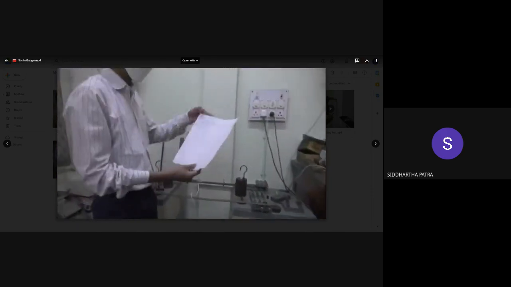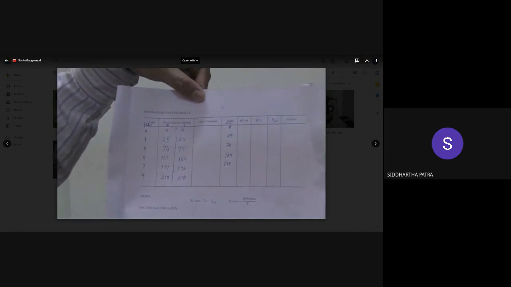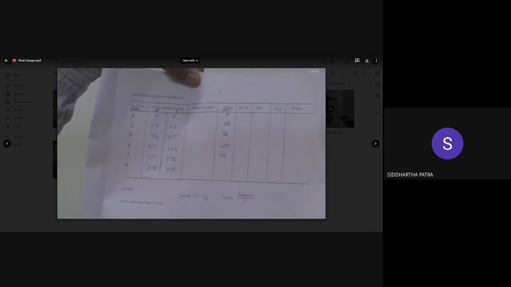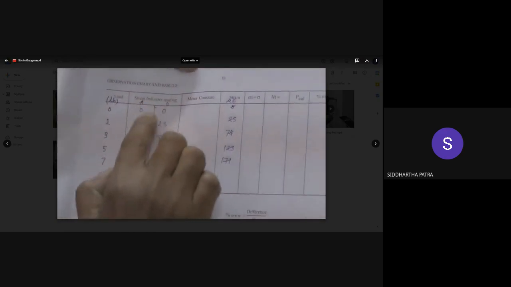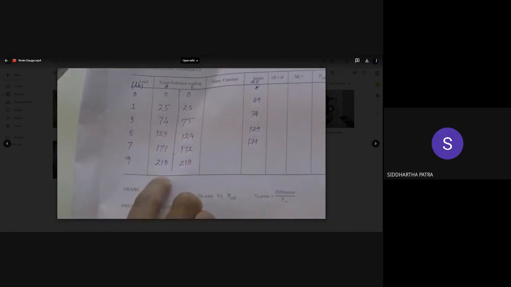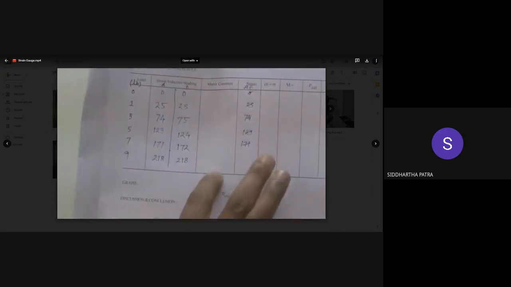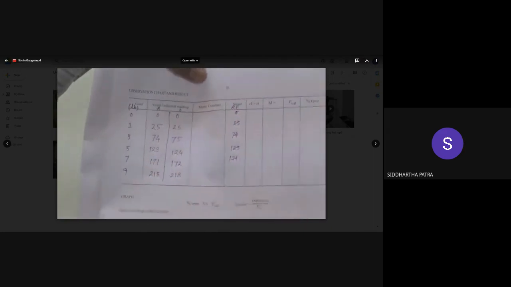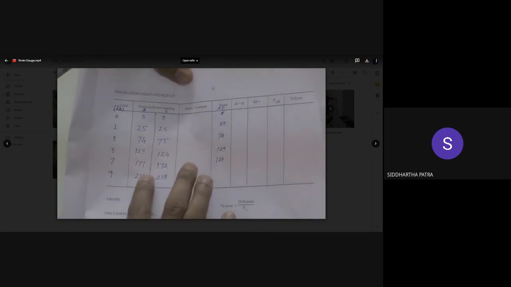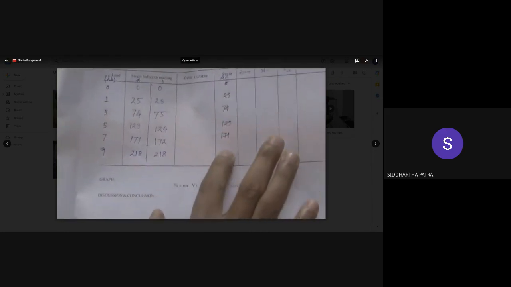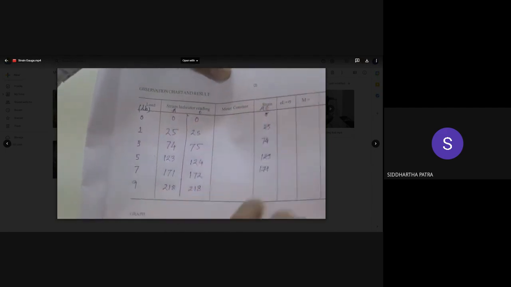What we have to do is fill this table. In this type of strain indicator, we directly get the strain values as strain indicator readings, in ascending order in one column, and the right column is descending order. This meter constant is not used here, so we'll keep this blank. You have to get the strain value as an average of the ascending order and descending order readings.